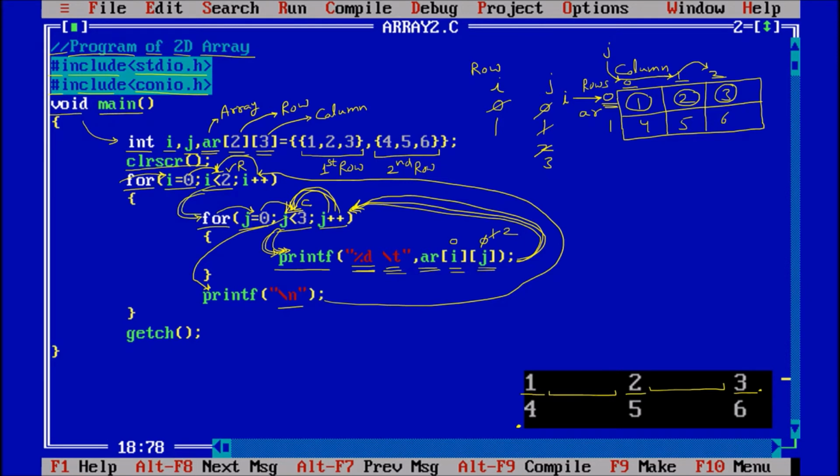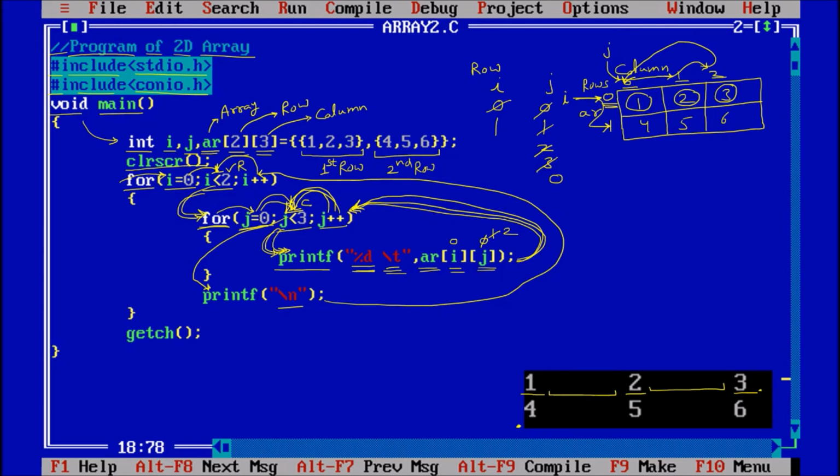Again coming back to the inner loop, coming to for, starting from 0, so the value of j will be coming to 0 again. Then what is it representing? It is representing that i is now shifted to 1 and j is again coming back to 0. That means j will again start from 0, 1, 2 for the value of 1.